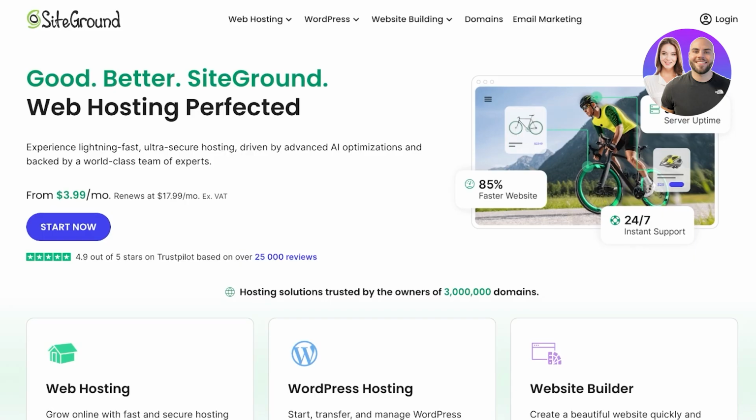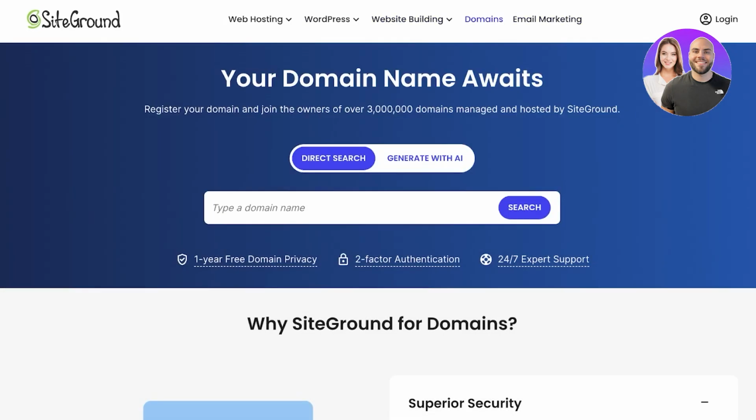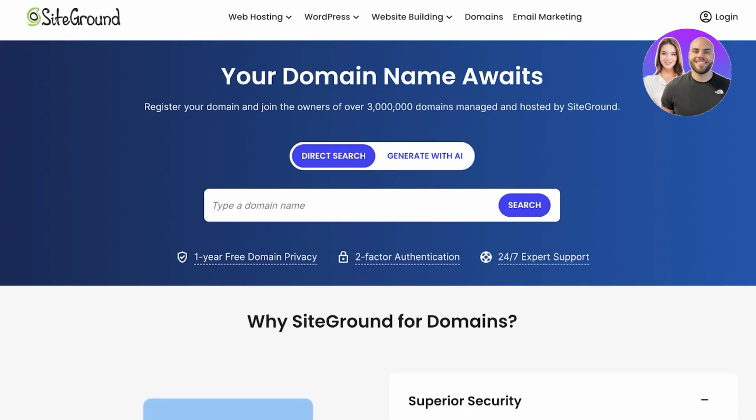So you select your hosting plan and you can install any CMS like WordPress to configure your basic settings. It's fast even for beginners. And if you're just scouring around for domains, you can go into their domain section first and then find the domain that you like. Now, not only do they provide you with a large library of domains at a really